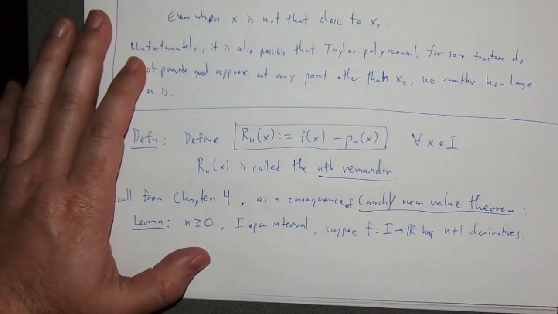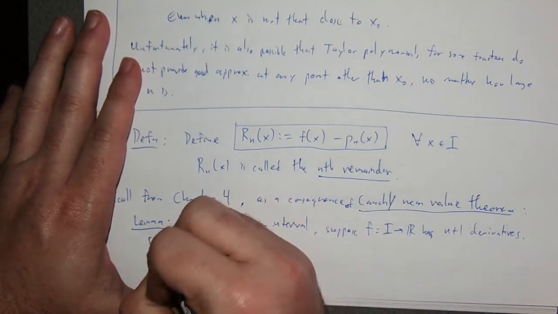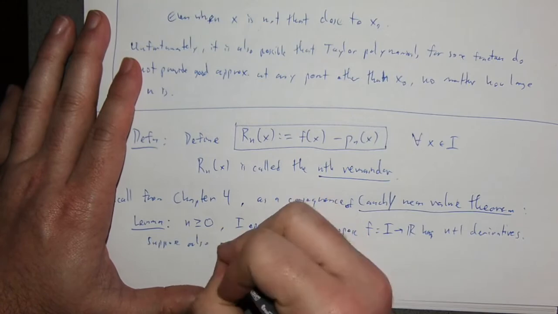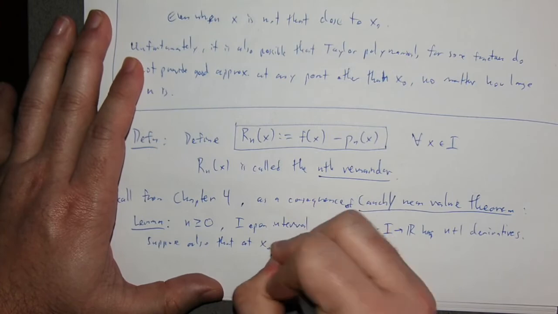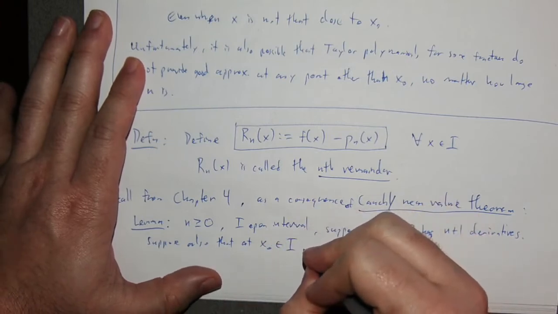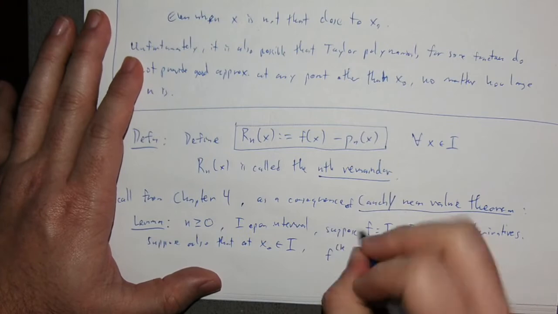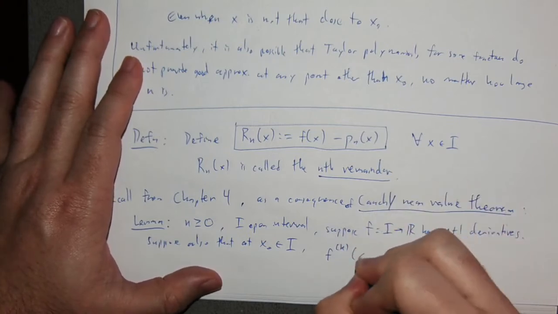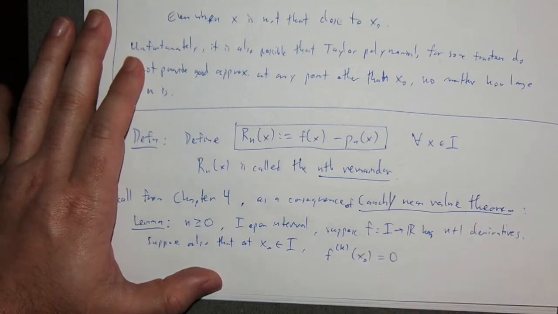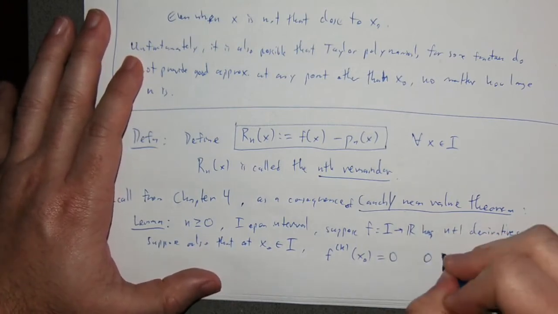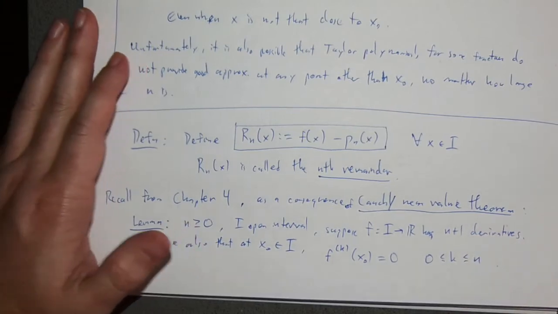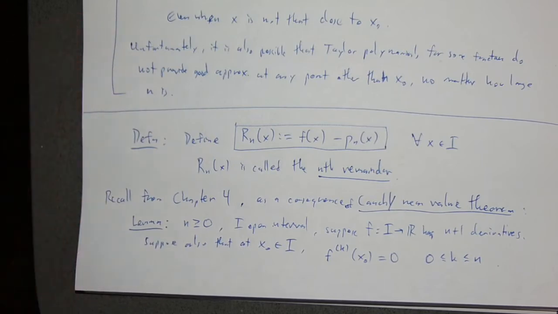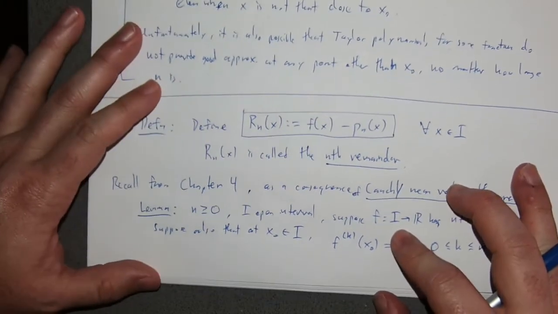Suppose also that at x naught in I, the kth derivative of f at x naught is 0 for every k up to n. Well, I don't quite have the room that I think I can fit it here and have it be readable. So then,